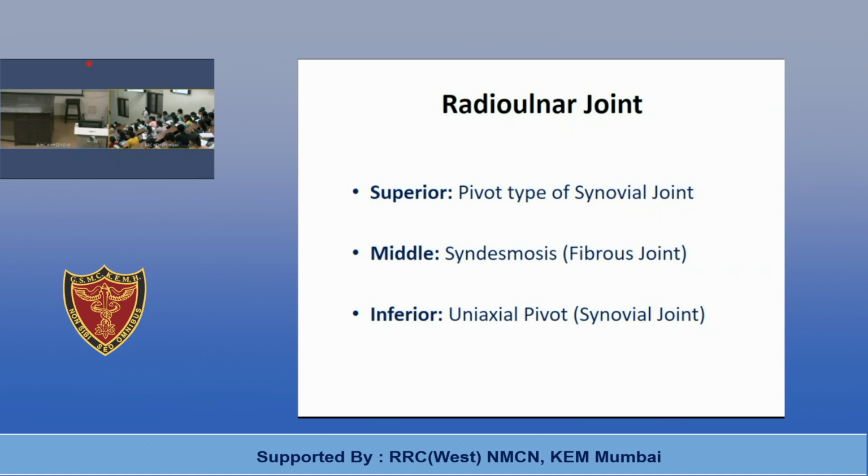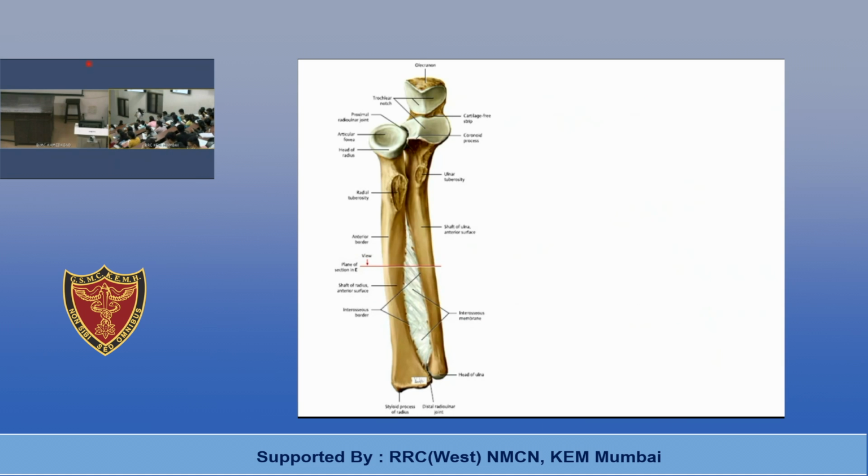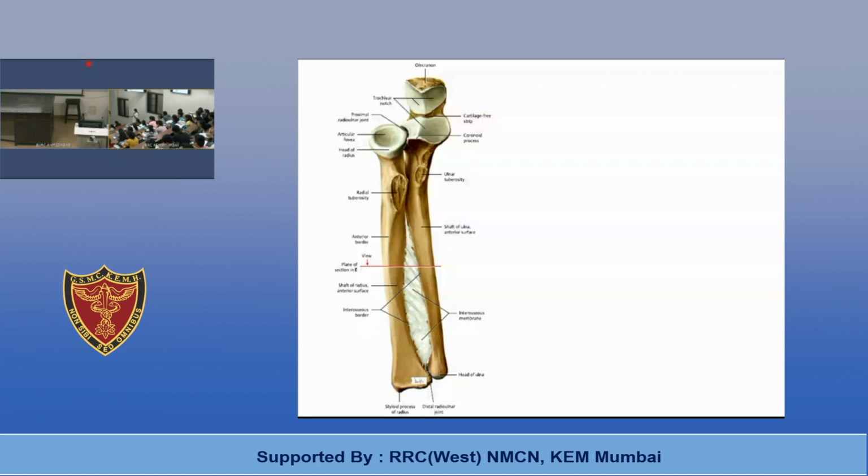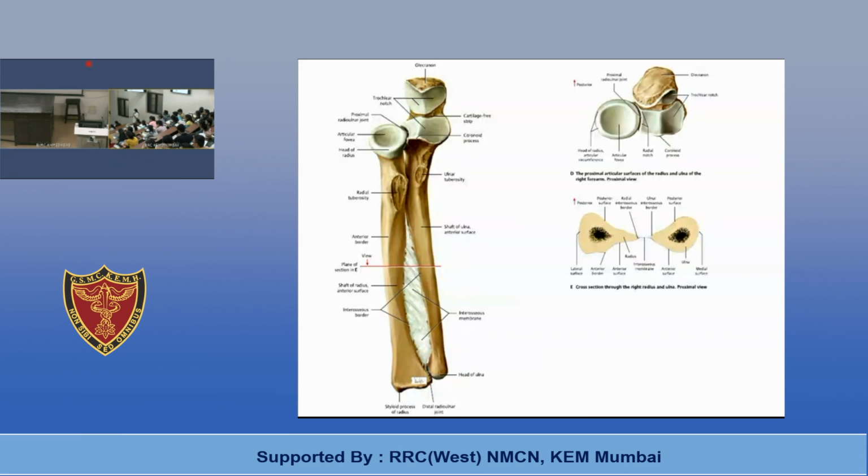Okay. So, here you can see in this book picture, this is radius, this is ulna, and here is the area which depicts the superior radioulnar joint. This is inferior radioulnar joint, and in between you can see the middle radioulnar joint is depicted by means of interosseous membrane, and there is one more thing which is called as oblique cord. We'll see what oblique cord is. So how is the articulation taking place? We'll see one by one for superior and inferior radioulnar joint.